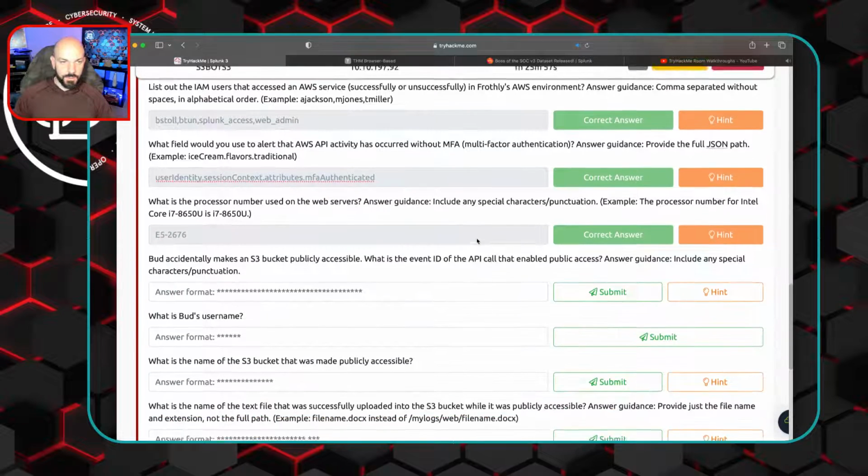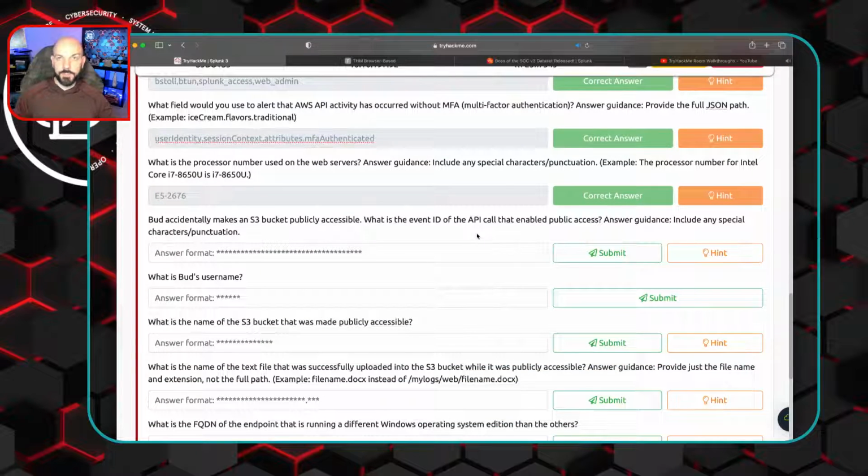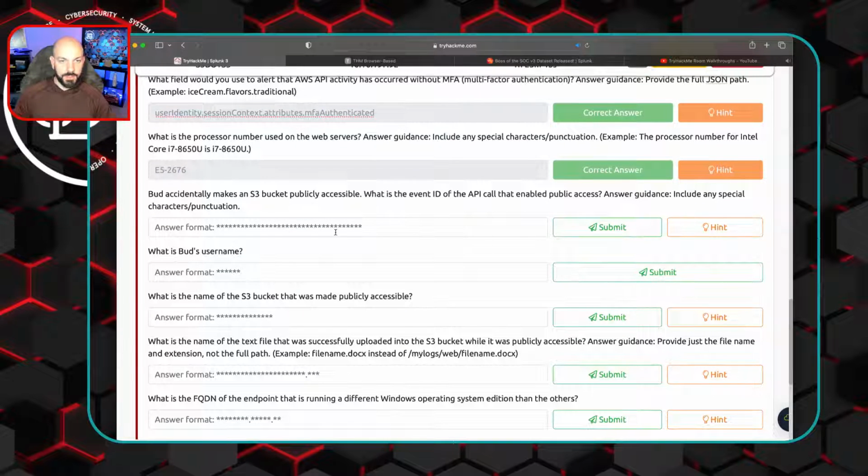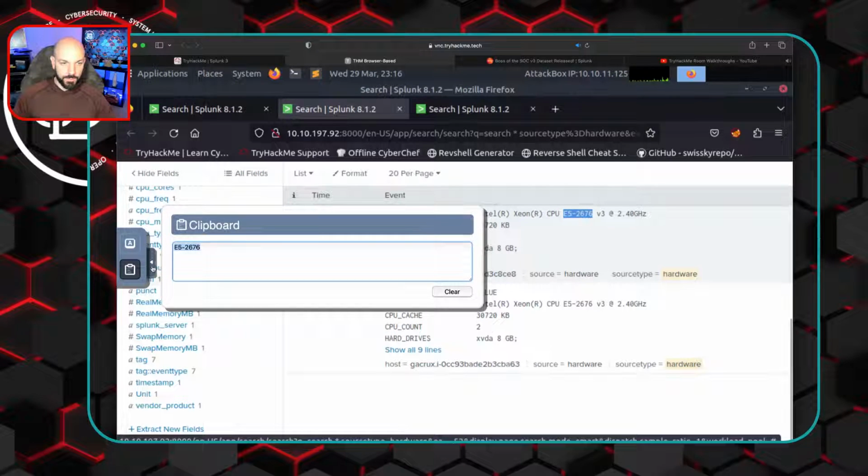All right, we're doing all right. Any other questions so far? We're about to get into what looks like some S3 bucket stuff. So Bud accidentally makes an S3 bucket publicly accessible. Okay, Bud. What is the event ID of the API call that enabled public access? Answer guidance: include any special characters or punctuation. So let's see what there is for